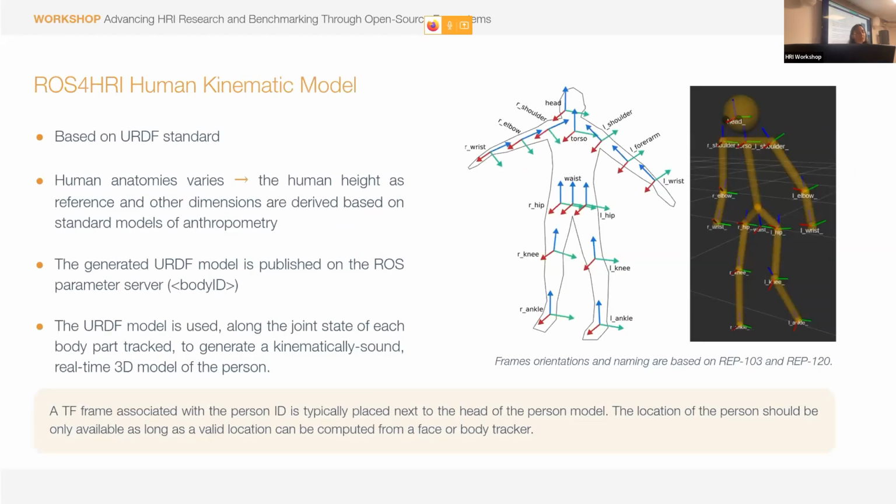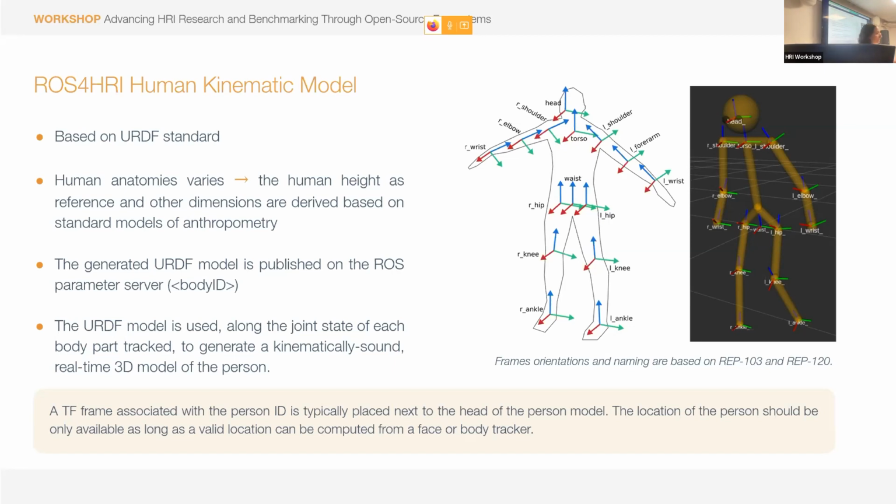Very quickly now, in terms also of the kinematic model, it's based on a URDF standard. Basically, the human body varies from one person to another. So we're taking the human height as the reference parameter, and then from there, based on standard models of anthropometry, we can derive the other dimensions of the rest of the body.